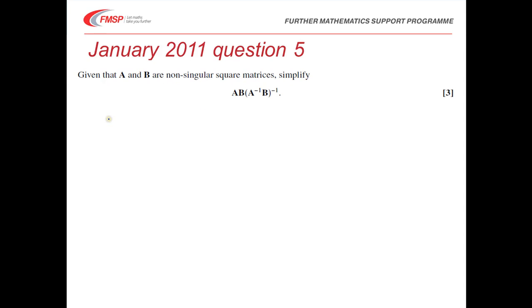And the important thing about this question is, first of all, non-singular means that you can find their inverses. The determinant is not equal to naught. But the other important bit about this question is that you do need to use the result that you are meant to have learnt, that the matrix AB, the inverse of that is equal to the inverse of B times the inverse of A. So that is a result that you need to learn and be able to use, and that's what we're doing